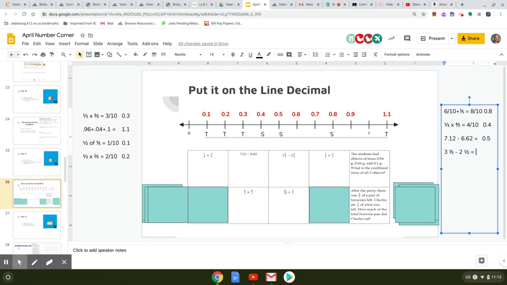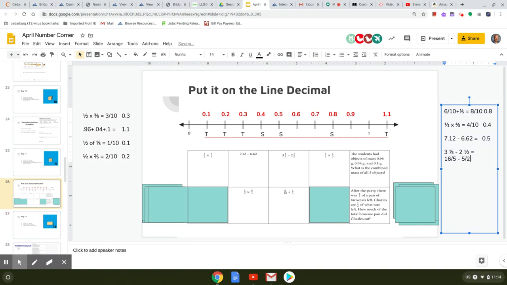All right, so we're going to have to change these into improper fractions. I think this is the way to do this, right? So when I multiply 3 times 5 and I add 1, that gives me 16/5. And I'm going to subtract that from what is 2 times 2, right? Because when we're making improper fractions, 2 times 2 plus 1, that gives me